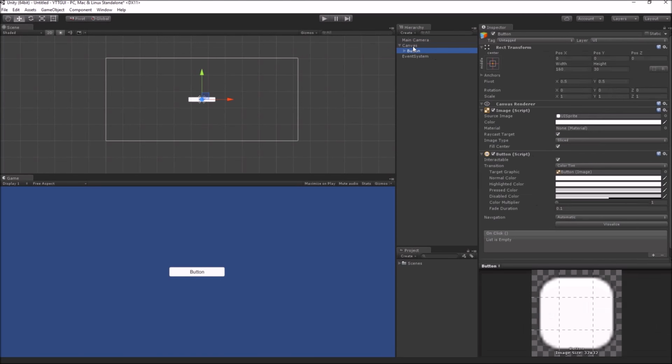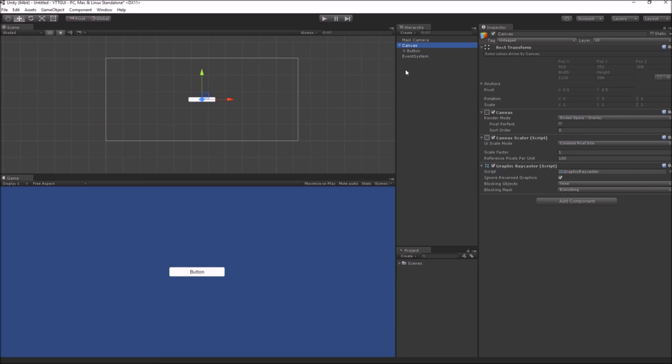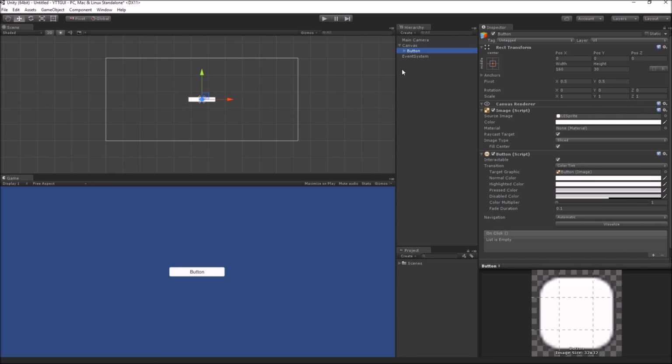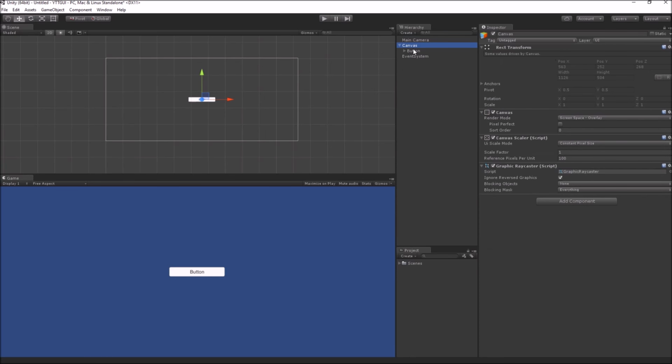In this mode, your whole canvas expands or scales and fills up your whole screen. So whatever the screen size or resolution be, your canvas will occupy the whole screen, and your UI elements inside that canvas would then be placed in relation to how the canvas has expanded or scaled, and you can control this scaling using the canvas scaler component.